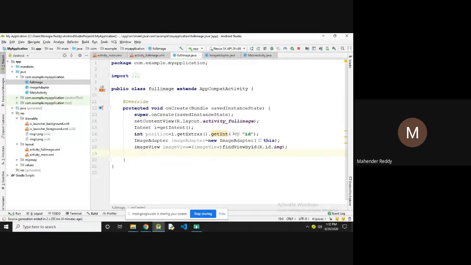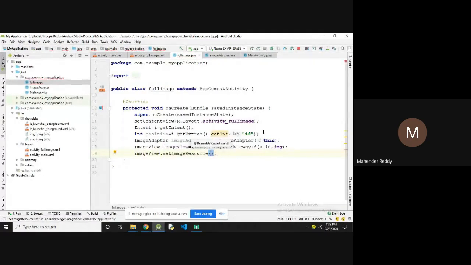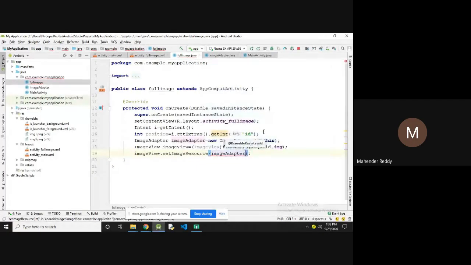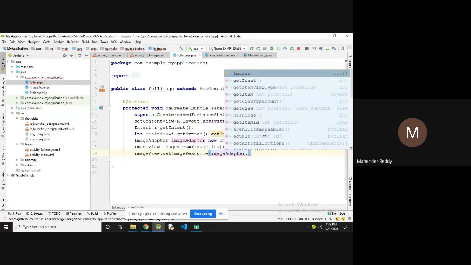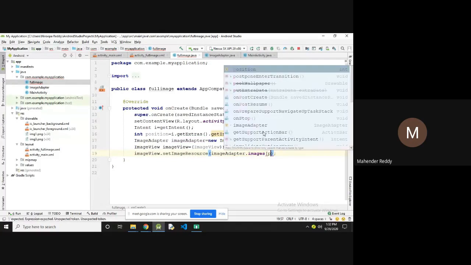And for the imageView, I'm going to set the image resource: imageAdapter dot images, which is the array name, and position.